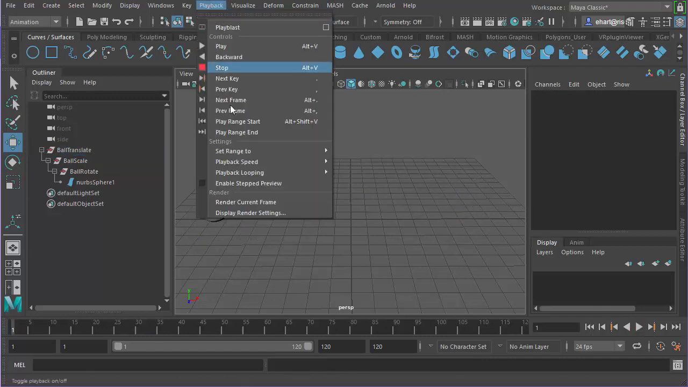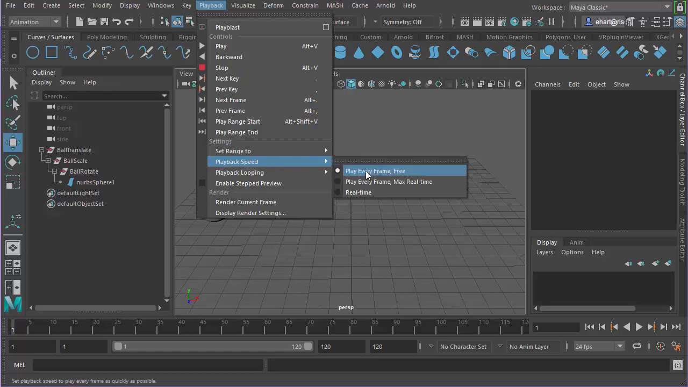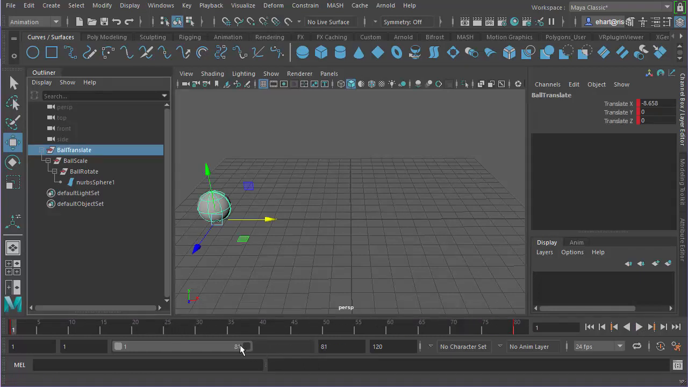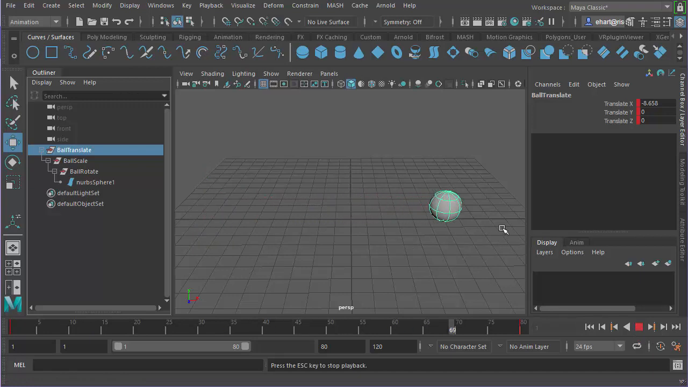So if I go to the playback menu, I can set the playback speed, and I prefer the play every frame max real time because then I don't miss any of the action. If I need to evaluate animation, I always need to see every frame. Now if I hit play, it plays at a much more reasonable pace. So one thing you'll notice in this sequence, and I'll focus the range slider down to 80 frames. When I hit play, you can see that the ball accelerates at the beginning and it decelerates at the end, so it feels